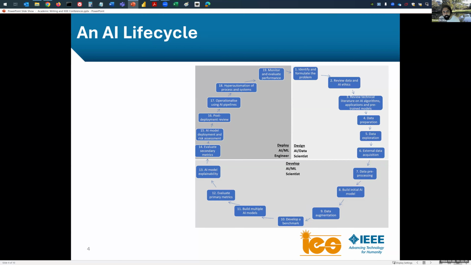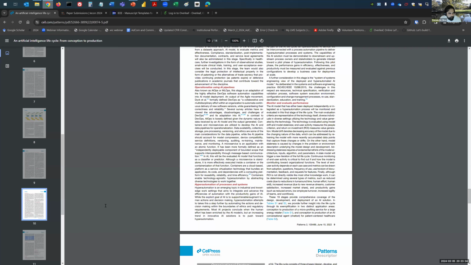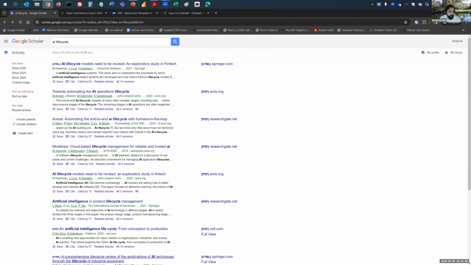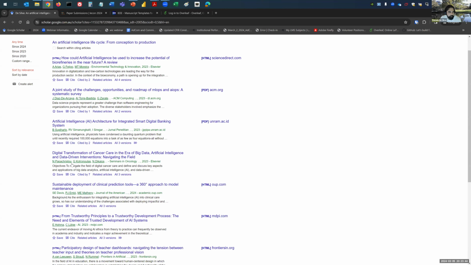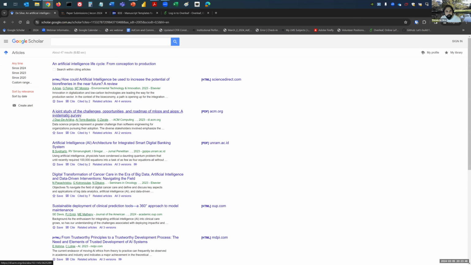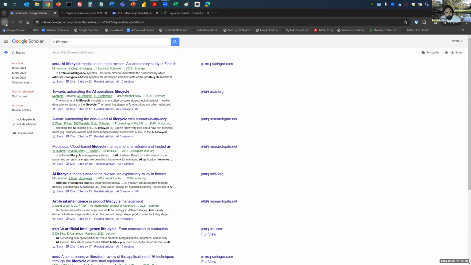And that means the methodology has been accepted because, if you know how Scholar works, this has been cited by 47 people, 47 other papers, and that's what you should aspire for, citations of your work. And that means people have read this paper and found it useful. So that means it's good research.